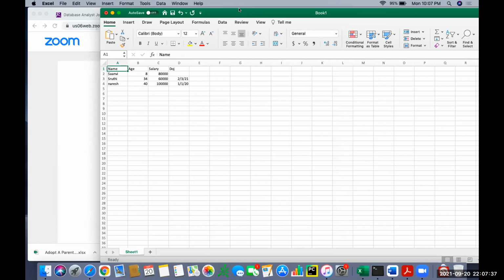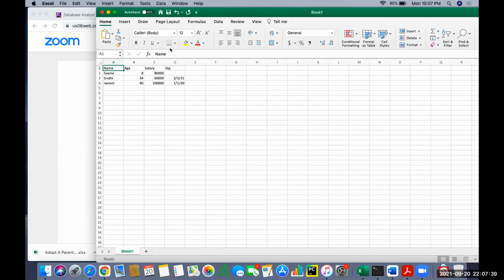Some of the shortcuts are a little different on the Mac. You're using the Command button, right? Command and arrow over here. I'm using Control and arrow. Can you try with Command? Oh yeah, with Command it's working. Okay, thank you.